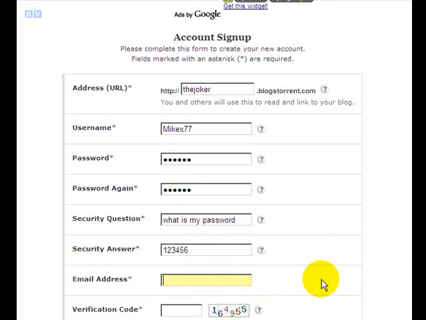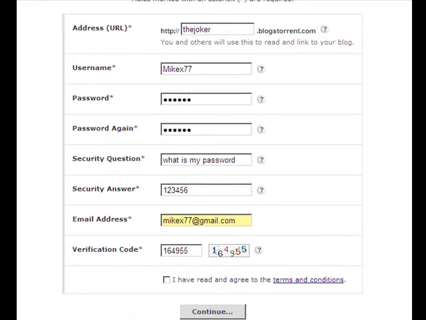And MikeX77 at gmail.com, and the verification code here. This is to prevent other people, automated software and all that kind of stuff. Okay, 164955 in this case. Bring the cursor down a bit, and you've read the terms and conditions. Well, you can click on that and read the terms and conditions. They're pretty standard and easy to understand and all that. So continue,